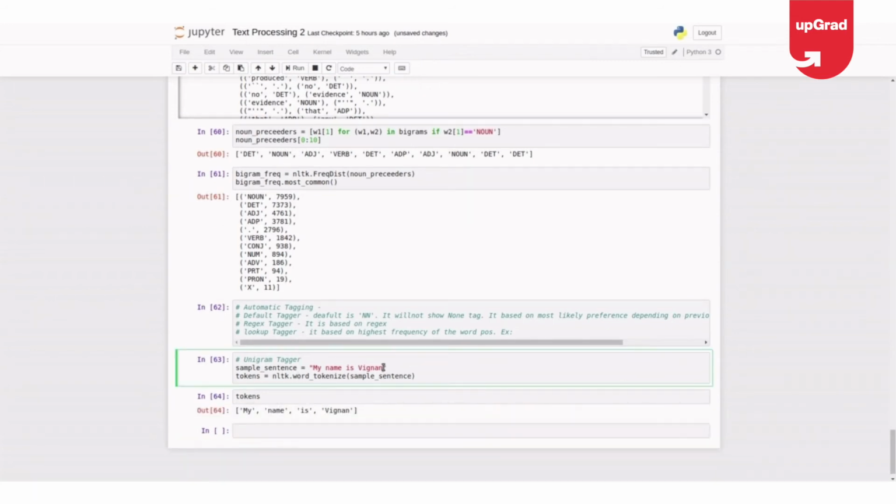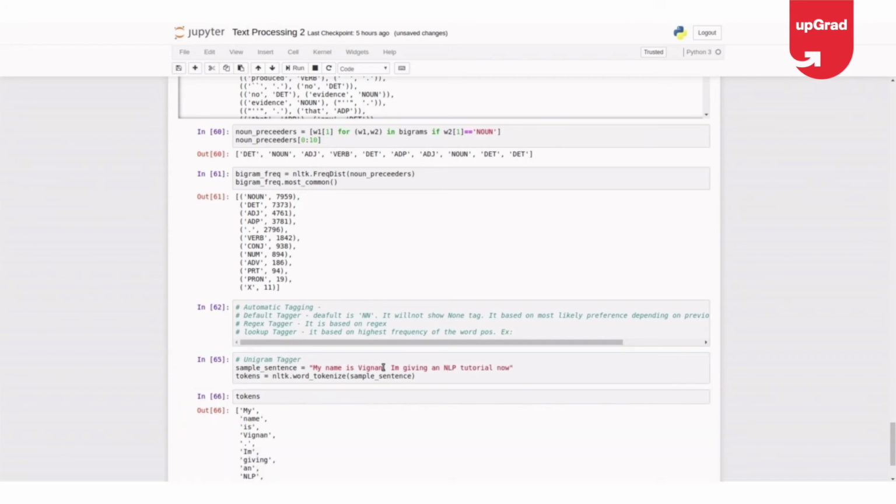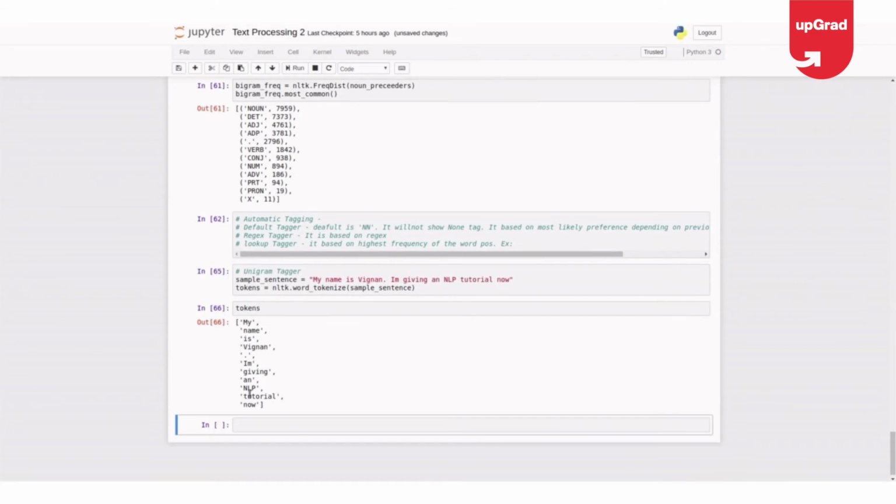Let me give a longer sentence: I am giving an NLP tutorial. Okay, so I got a sample sentence, tokens and word tokenizer. So what are the unigrams here?